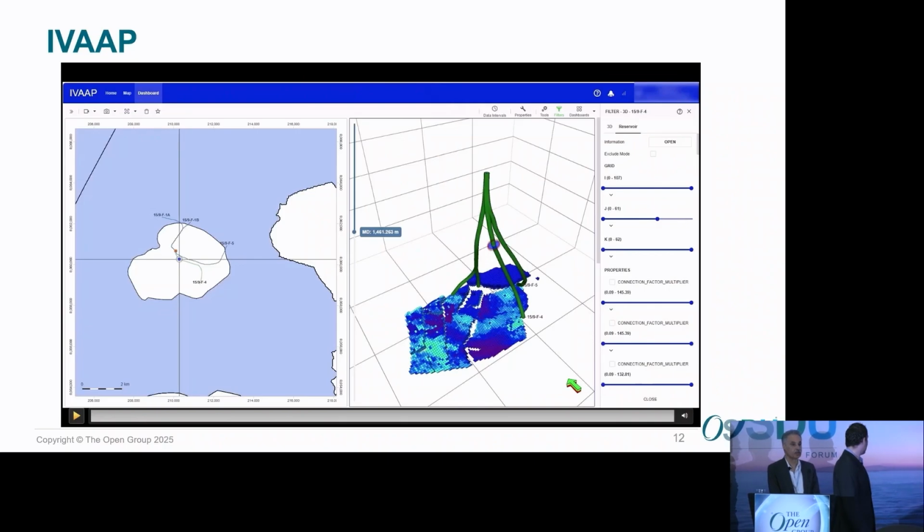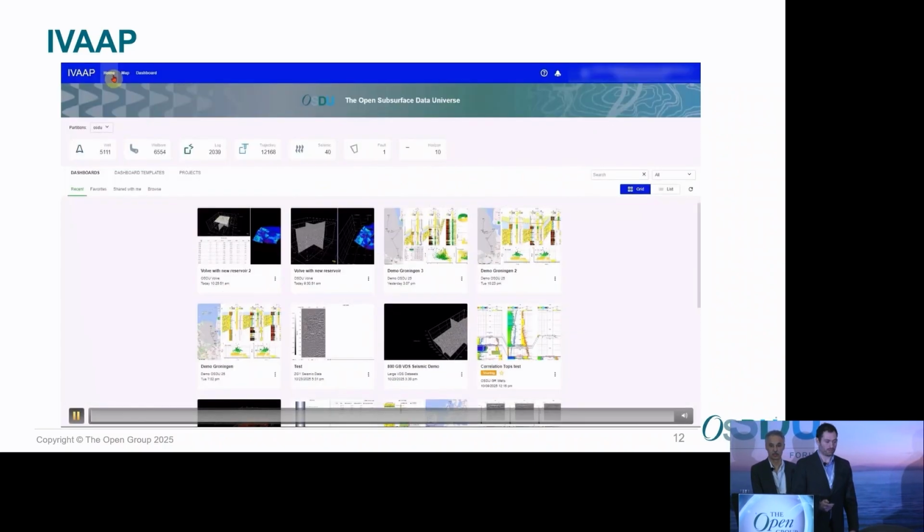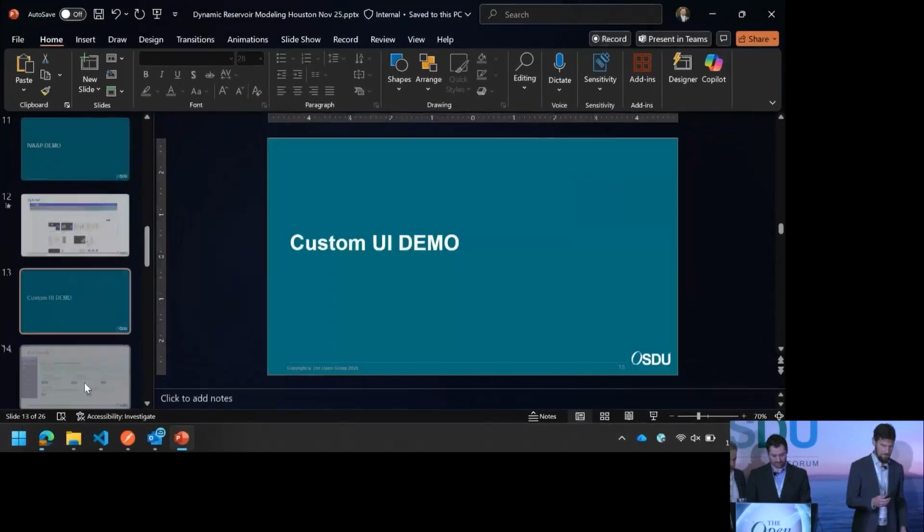So now, I think let's go ahead and jump to our next piece, which will be the custom UI that I built that I'm actually going to pass off to my peer Pierrick to cover. Yep. I actually don't think you'll need that. Oh. No, I think I don't need it. Well, whatever. Do you want the laser pointer? So